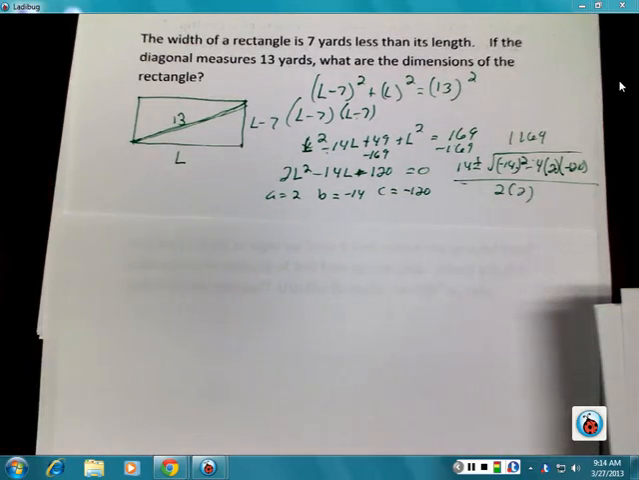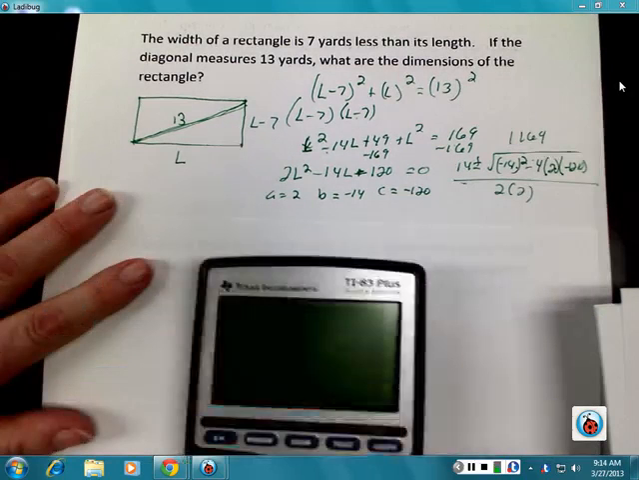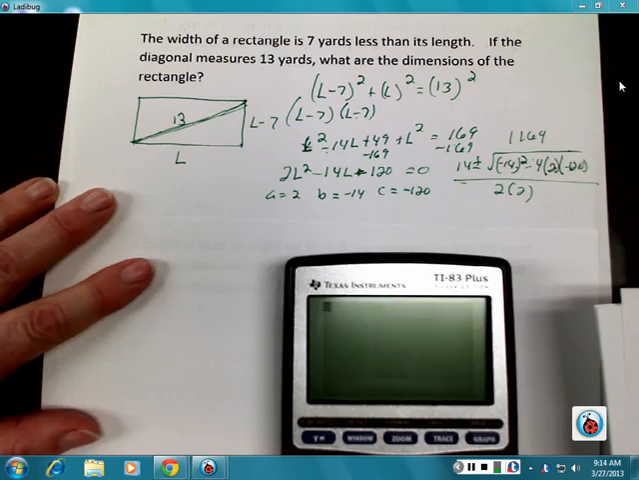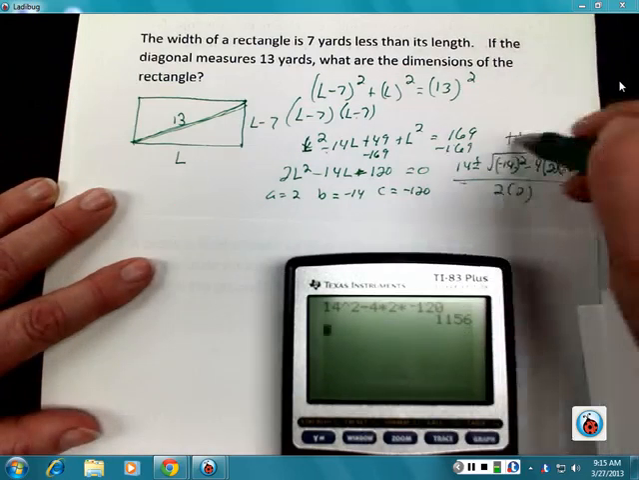So if I work that out on my calculator, I would take 14 squared minus 4 times 2 times a negative 120 equals... it's 120, not 121. Yep, that gives you something different. So really underneath there I have